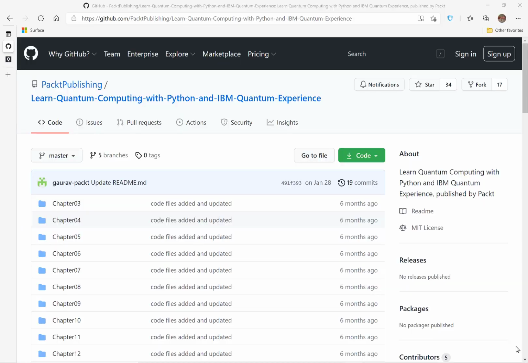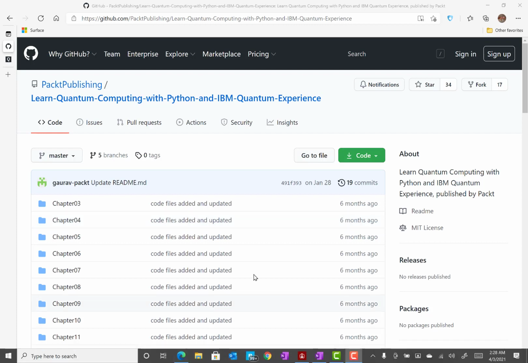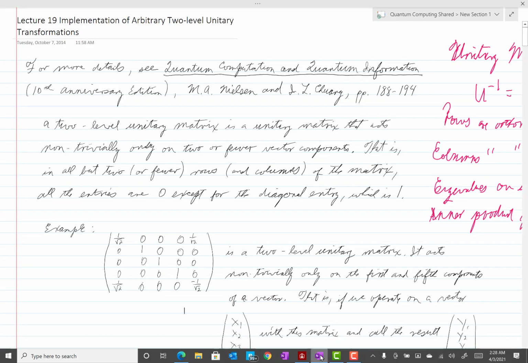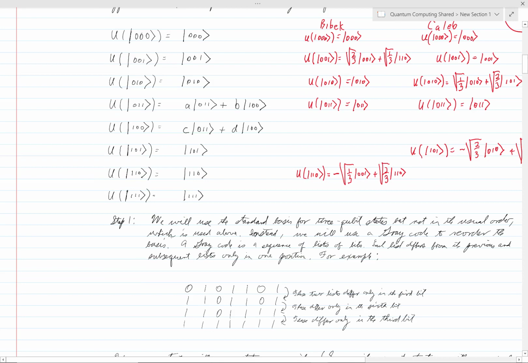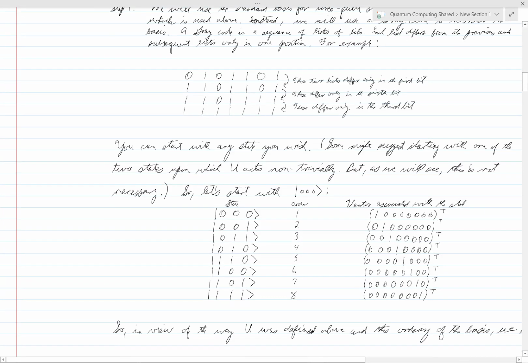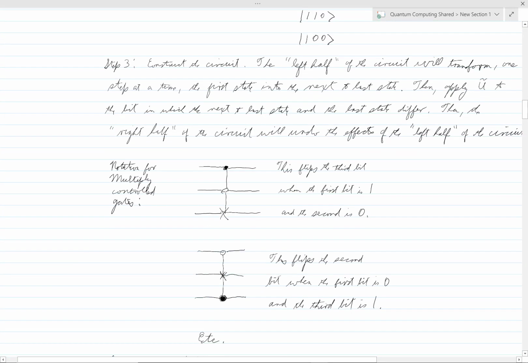Hi everybody. The purpose of this video is to help explain how to implement test 19, which is test 19 of the quantum computing course, Engineering 596. And so here you see lecture 19 and test 19